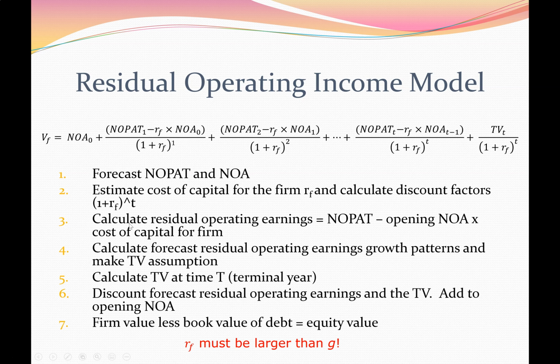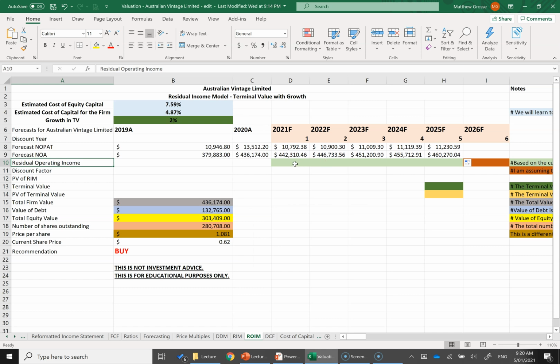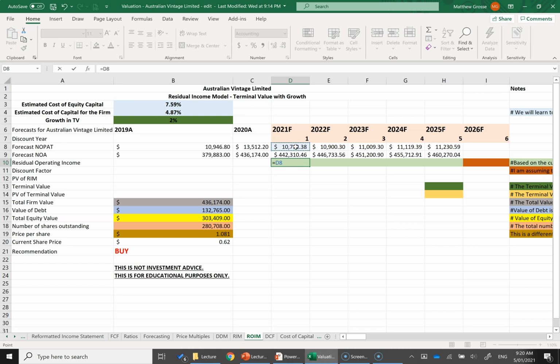So step 3 is to calculate the residual operating earnings, and it means we're going to do this formula. The NOPAT for the year minus the cost of capital times the NOA for the previous year. So let's do that step. Residual operating income in year 1. I'm going to say my year 1 NOPAT. That's what I expect to earn in year 1 from my forecast template. I'm going to then minus off my cost of capital for the firm of 4.87% and multiply by the previous